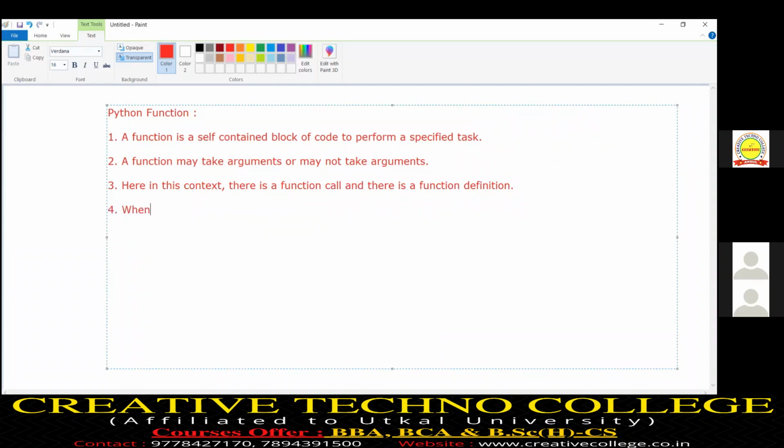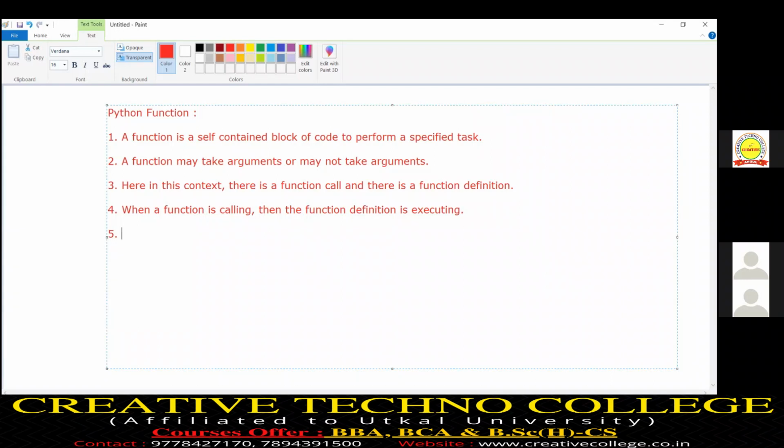When a function is called, then the function definition is executing. We will see what a function call is, what a function definition is, and how the function definition represents a task.